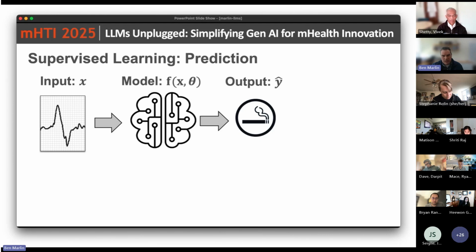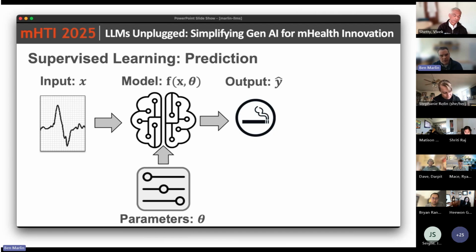In the smoking puff detection case, we take our waveform, we run it through the model, and it produces an output. That output, let's say, is a label for smoking or not smoking. So maybe this example corresponds to smoking. A really important facet of the way machine learning works is that these models depend on a set of parameters. Here we're using the Greek letter theta to indicate that parameter set. You can just think about the parameters as being a set of knobs or sliders. They're real valued. You can change the value of them, and as you do that, you change the relationship between inputs and outputs. That's the basic structure of these models. The model has some mathematical function that it implements, but it depends on this auxiliary set of parameters.